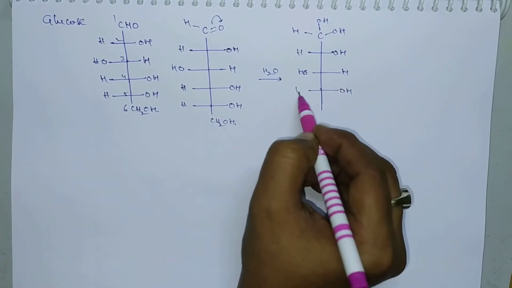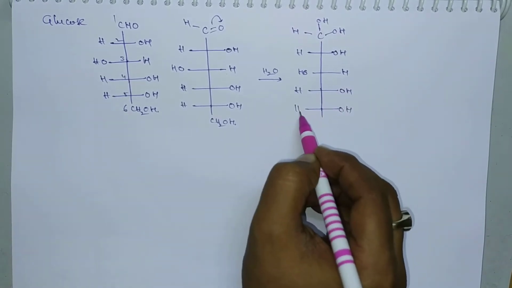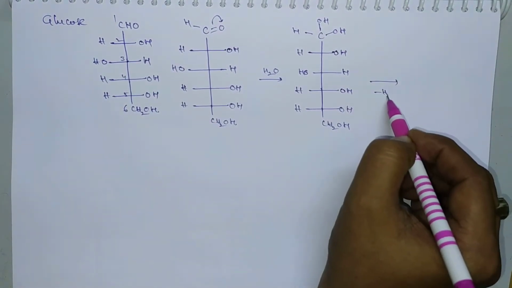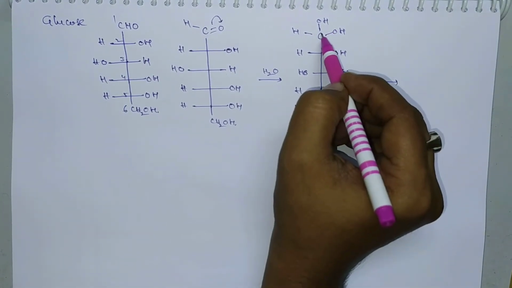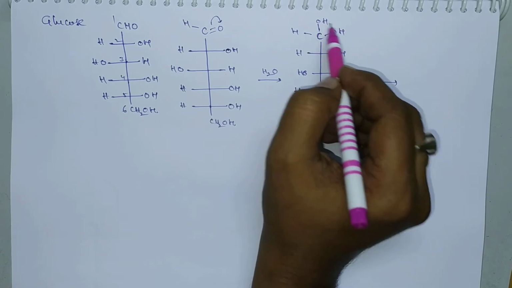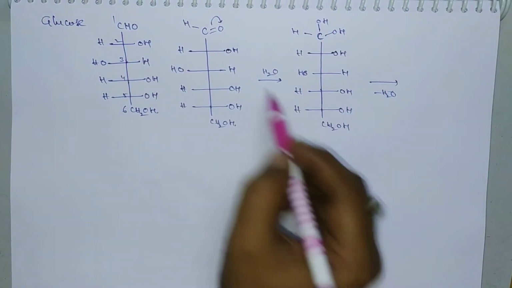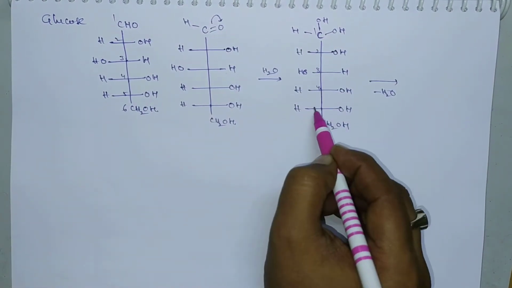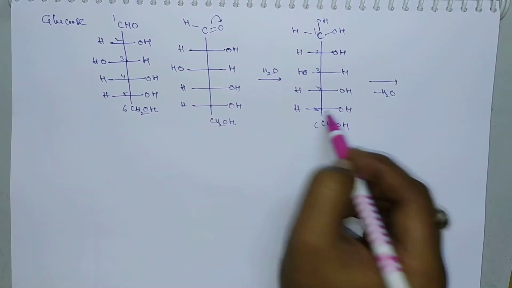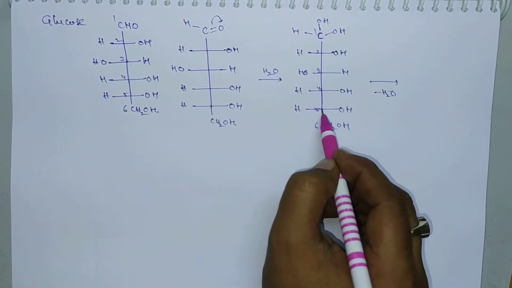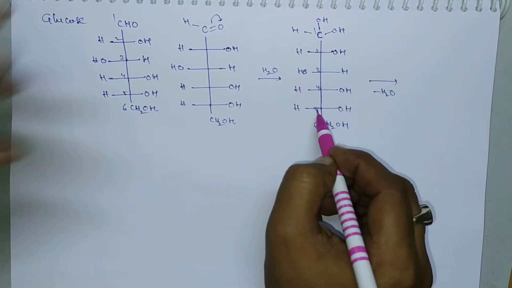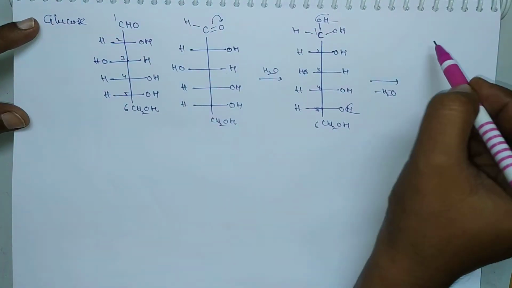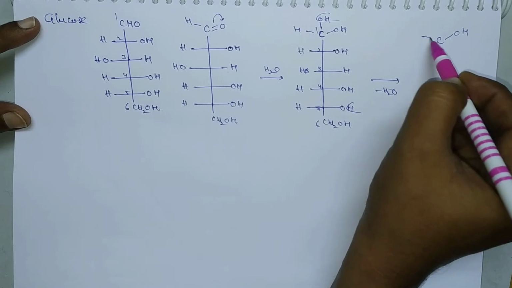The remaining part is the same, and CH2OH like this. Now we have to remove the added water. But here this carbon carries two hydroxy groups. If two hydroxy groups are present on the same carbon, that molecule will be highly unstable, so immediately it loses a water molecule. So we have to remove those water molecules from the first and fifth carbon. In order to get cyclization at the first and fifth carbon, we have to remove water from the first and fifth carbon. So here OH and here H. One oxygen will remain here.